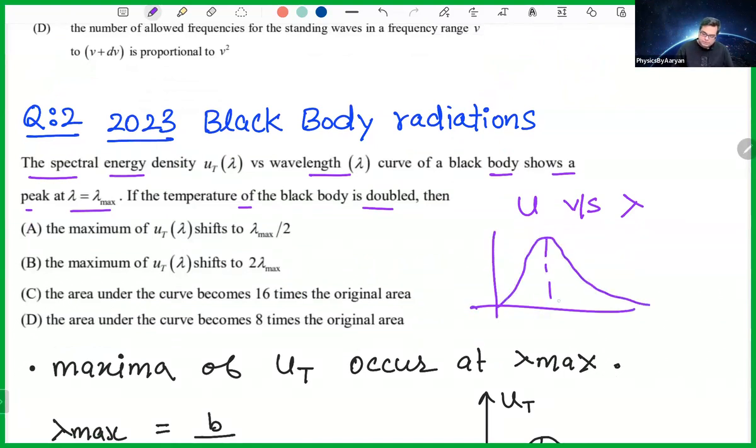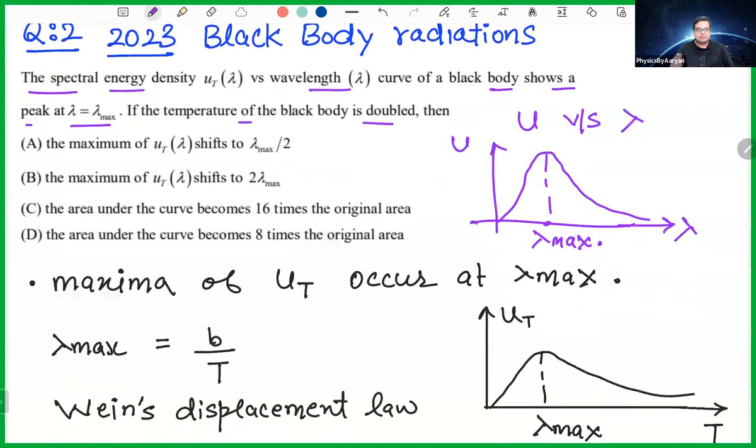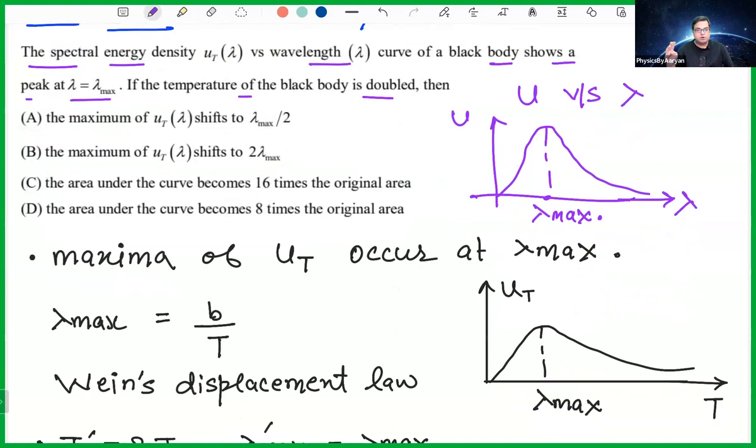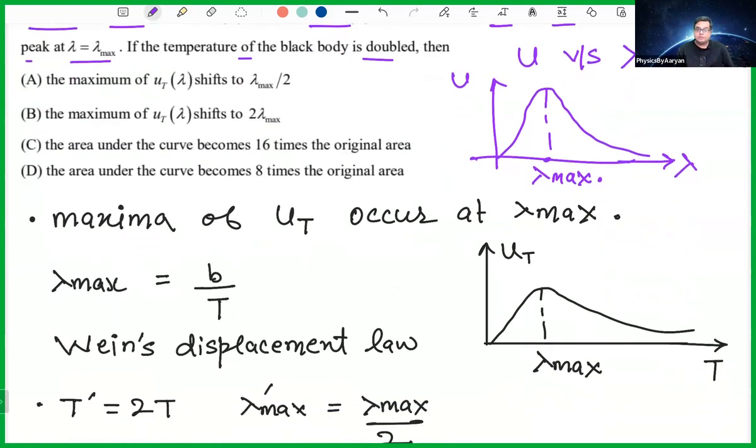So the peak is coming at this wavelength. So what will happen if you double the temperature? In this case, two laws are very useful. One is Wien's displacement law, which we discussed in the lectures, and the second is Stefan's law. So basically,